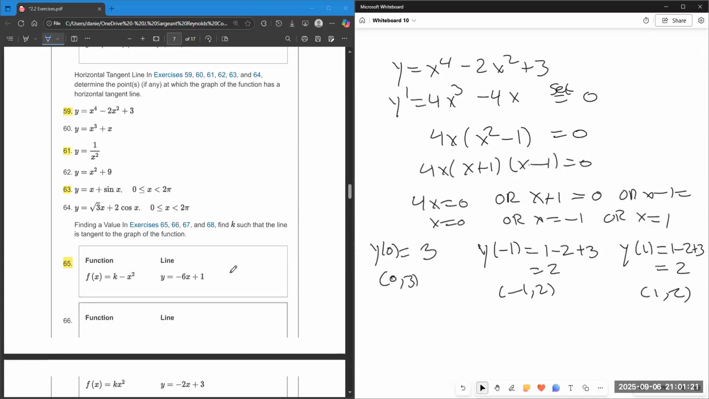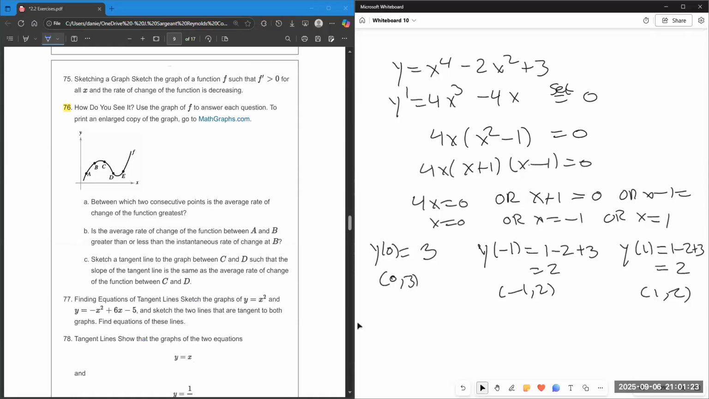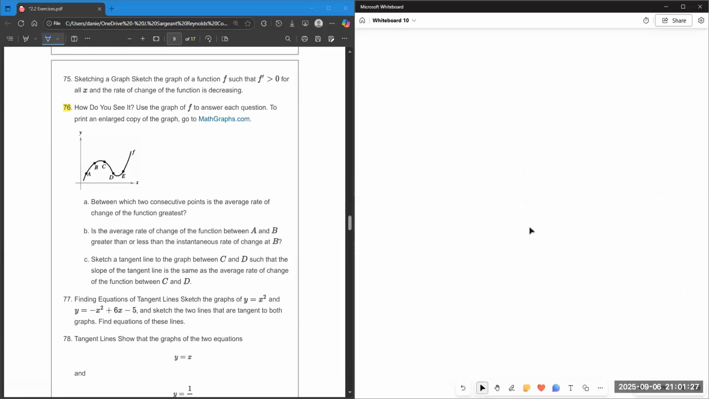Let's look at 76. All right, so they've given us the points A, B, C, D, and E on the graph, and they want us to determine between which two consecutive points the average rate of change is the greatest. So 76A,